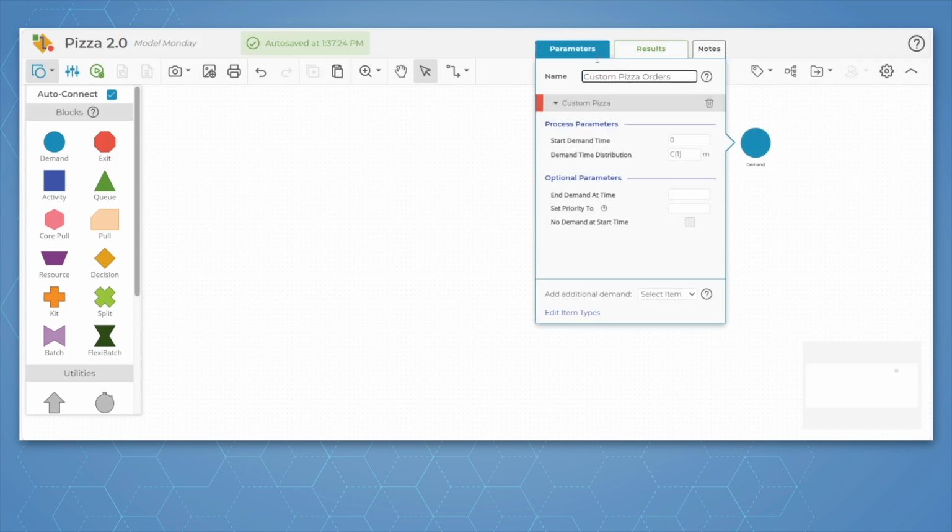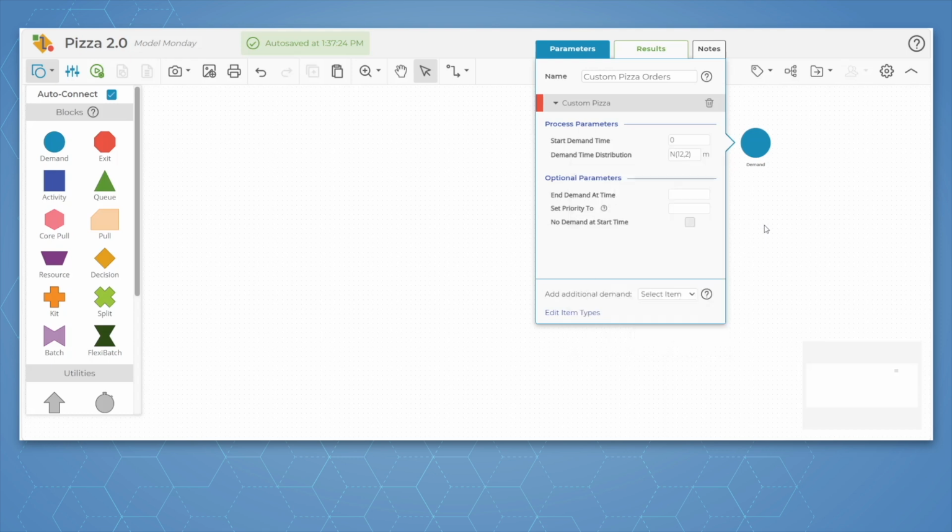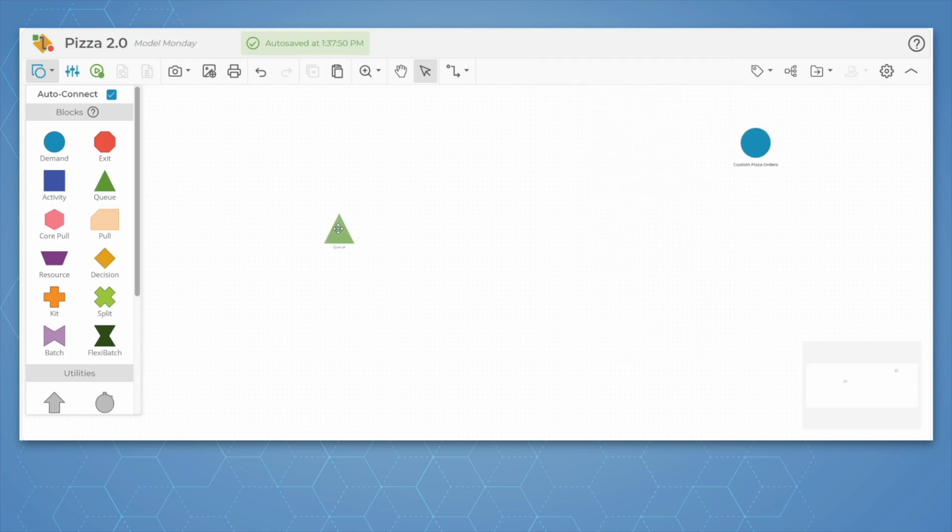We're going to set the time between arrivals of our custom pizza items to be normally distributed with a mean of 12 and a standard deviation of 2. This means we'll get a customer who orders a custom pizza about every 12 minutes, but sometimes less and sometimes more. Once we've created our demand, we're going to add a queue block to represent our waiting orders, and we'll